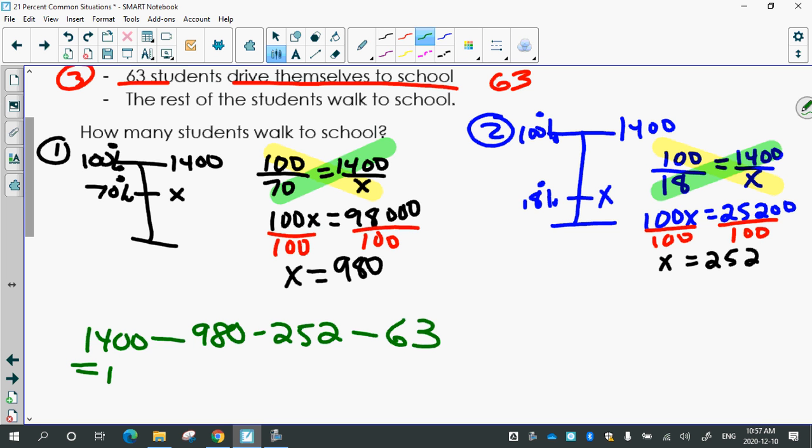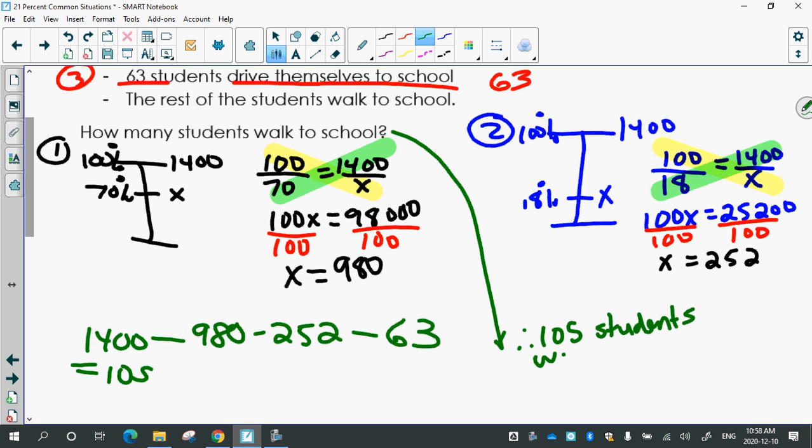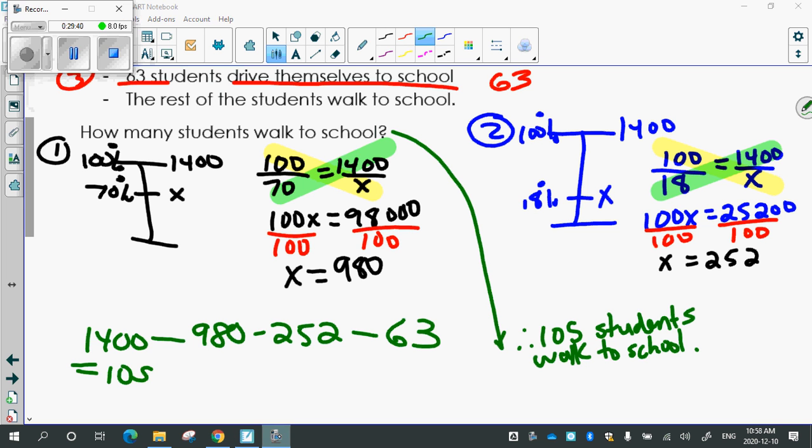Yeah? So how many students walk to school? Therefore, 105 students walk to school. So we had to use proportional reasoning twice to figure out how many take the bus and how many are driven by their parents. And then subtract off also the kids that drive themselves and the rest walk. Okay? All right, good job. All right, so